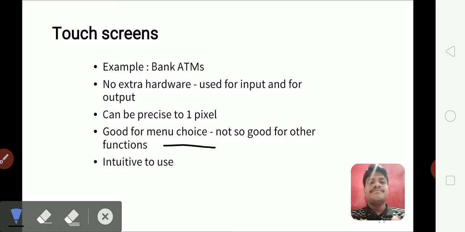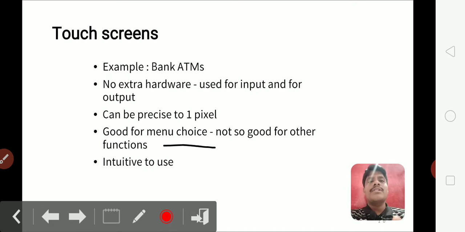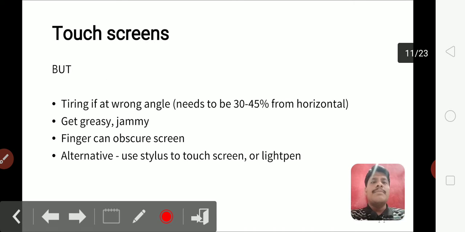This is the third type of input device. Coming again to the touch screen, in case you go with a wrong angle, it won't function. It won't respond.